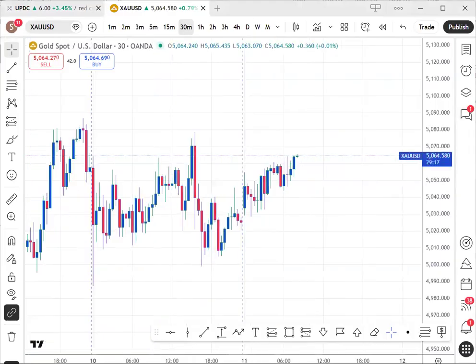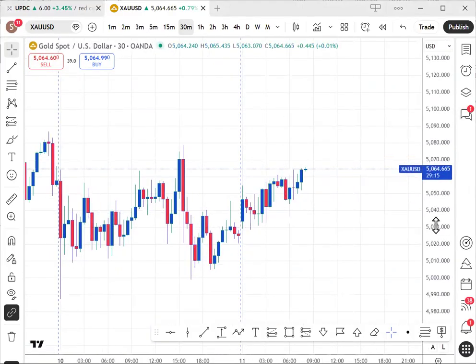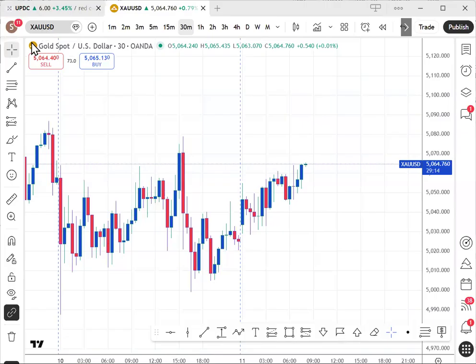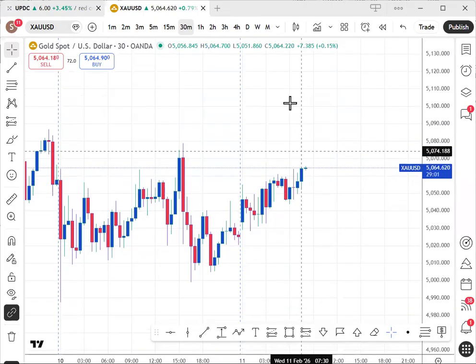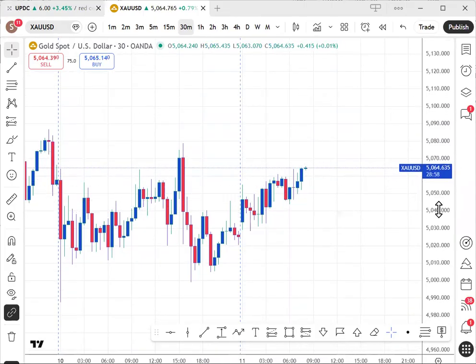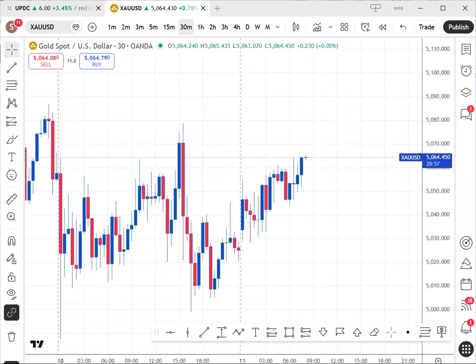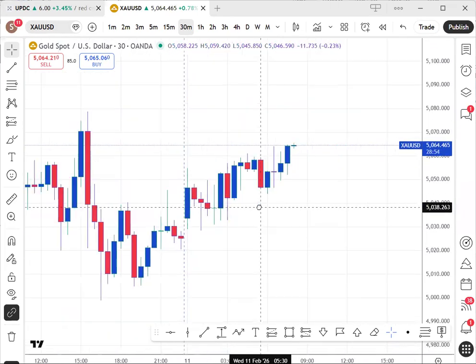So I'm using just a slightly different platform, or rather the candlesticks are slightly different. I was actually looking at the Nigerian stocks earlier, and I couldn't change it back to my normal template. So please forgive me for that. We'll use this one for today, and then by afternoon, I'm sure we'll be able to resolve it.